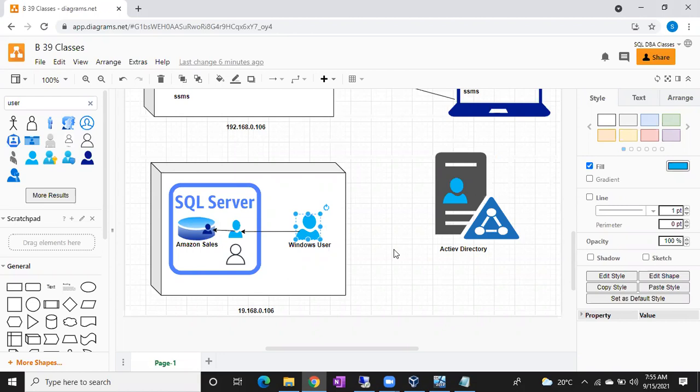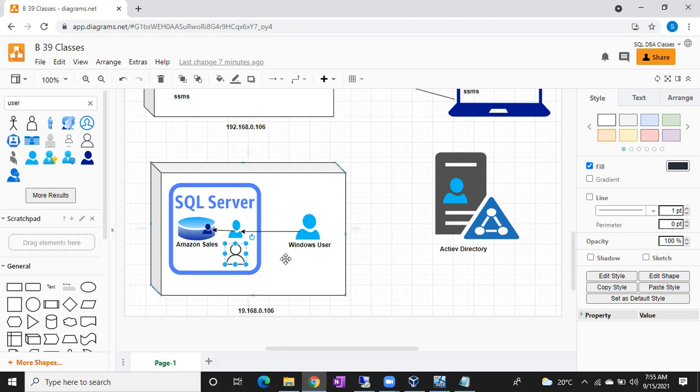Clear? The basic important thing is that a user will be created on behalf of a login, either for SQL login or Windows login. The concept is the same for both. The only difference is that for Windows login, a user account should be created either at the Windows level or the Active Directory level. For SQL login, there is no need to create any Windows users.